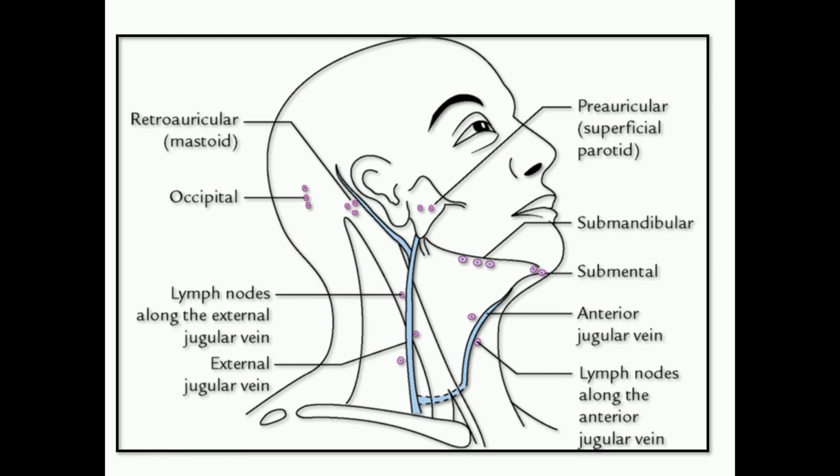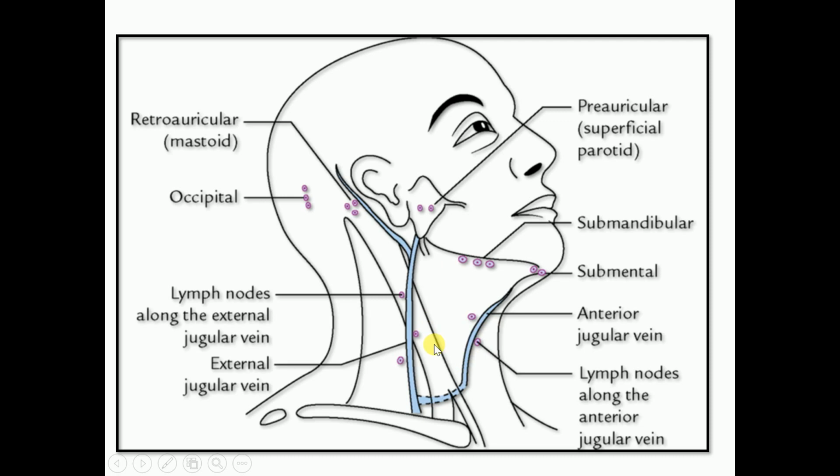Now, superficial lymph nodes and lymph vessels are situated around the junction of the head and neck. They drain all the superficial structures and some deep structures of the head region. Most of the efferent lymphatic vessels from these lymph nodes pass to the deep cervical group of lymph nodes arranged along the internal jugular vein. Now a few scattered superficial lymph nodes are found along the external jugular vein as well as the anterior jugular vein, and they also drain into the deep cervical lymph nodes.